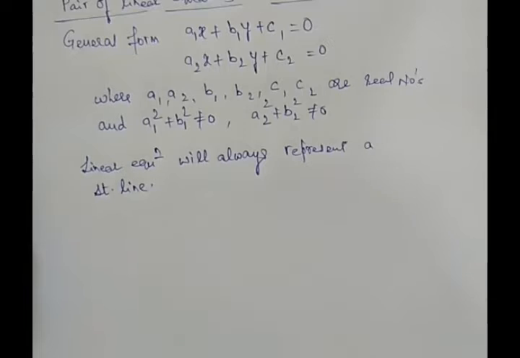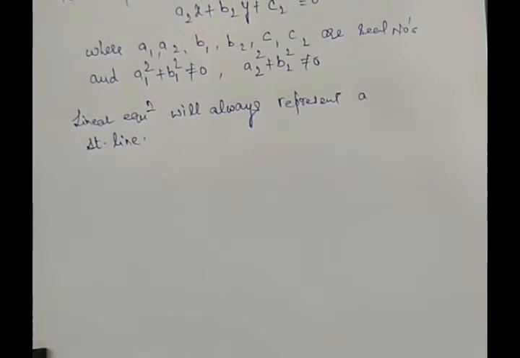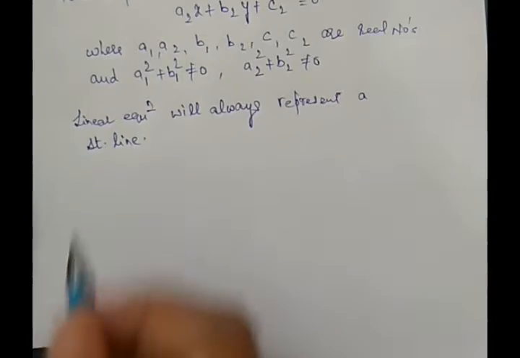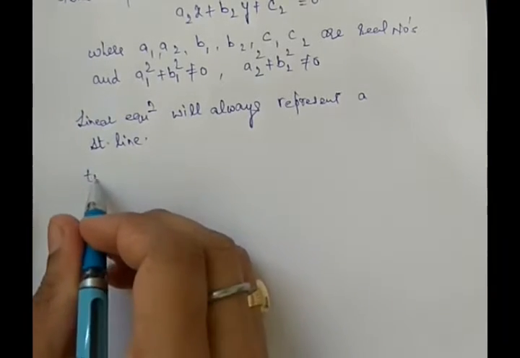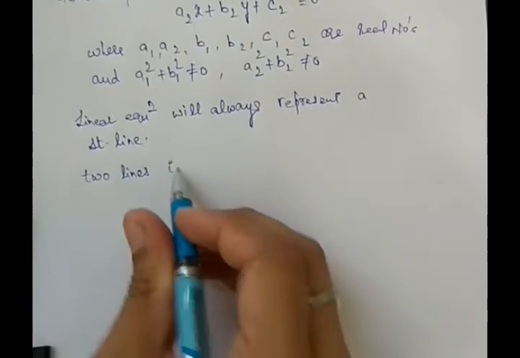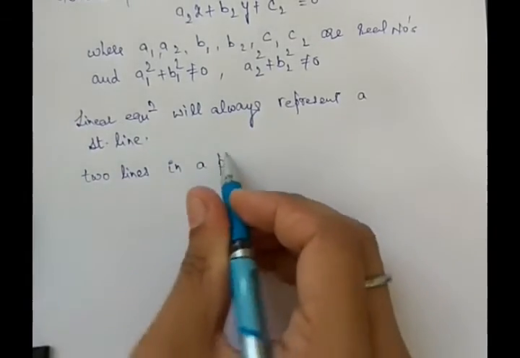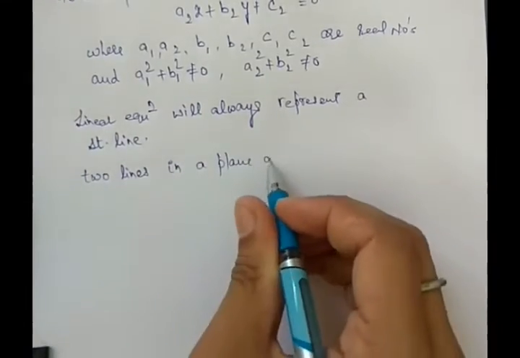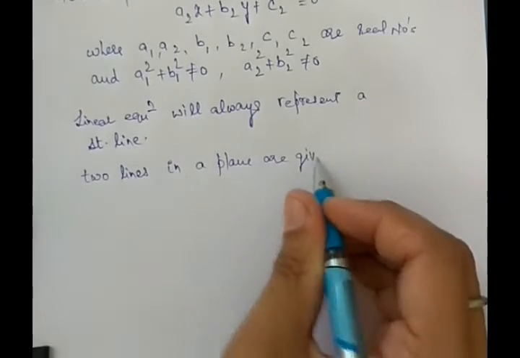So it means if we are having pair of linear equations, then both the linear equations will represent two separate straight lines. Now, if two lines in a plane are given,